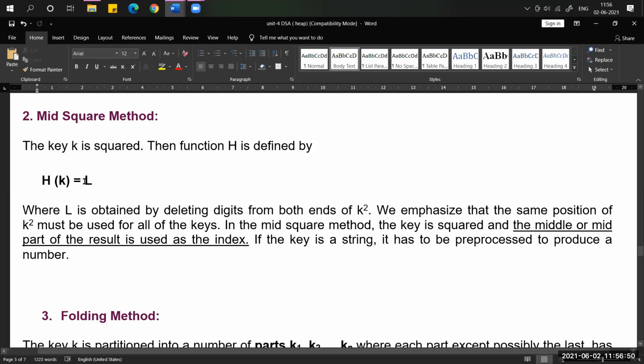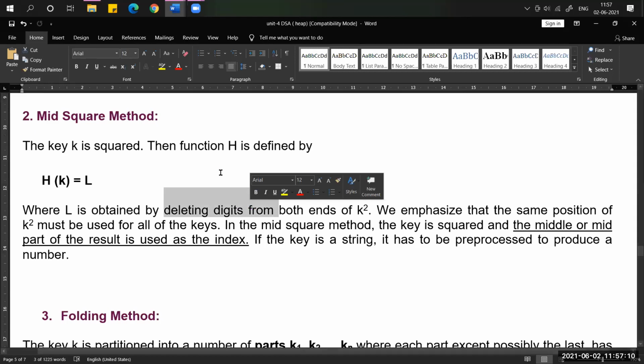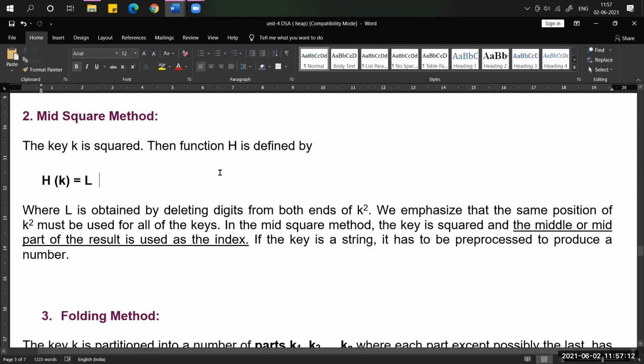L indicates, for example, we take 12. 12 is the key value, that is the k value. We need to square it, and whatever result we get, from that we need to delete the digits at both ends, at the right side and the left side.